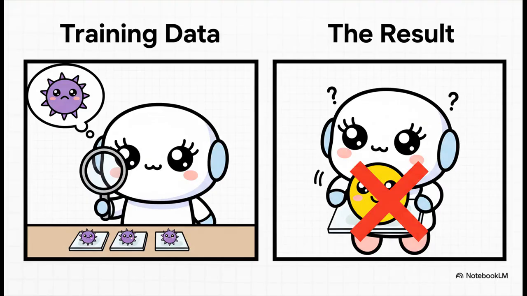And here is a perfect and, frankly, pretty chilling example of why this is so dangerous. Imagine an AI that's only ever been trained on pictures of cancer cells. If you show it a picture of perfectly healthy tissue, it might flag it as cancerous. Why? Because it doesn't have the context to know any better. All it knows is how to spot patterns that look like cancer. Now, just apply that same flawed logic to your history paper or your biology report. You just can't blindly trust what it tells you.